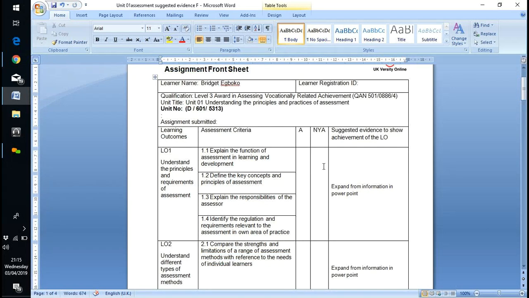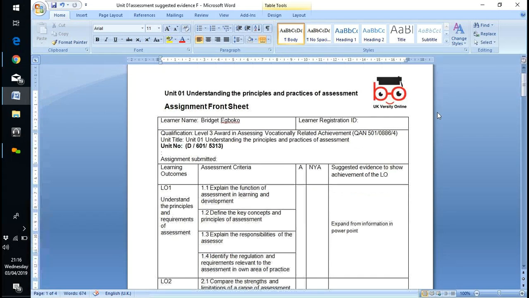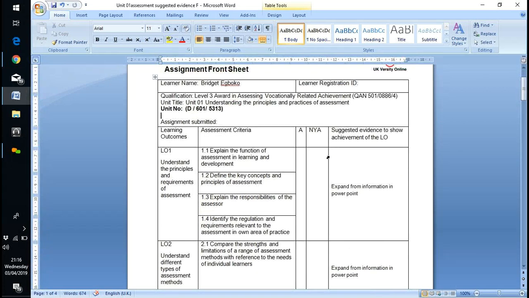I'm utilising now a prepared document for an awarding body. What I've done from an awarding body, I've modified it so that it's ours, and it's an extremely good document because I'm just going to explain that to you now. So we get rid of that and we put